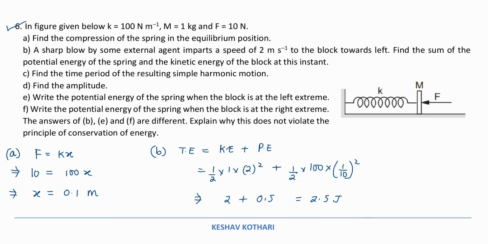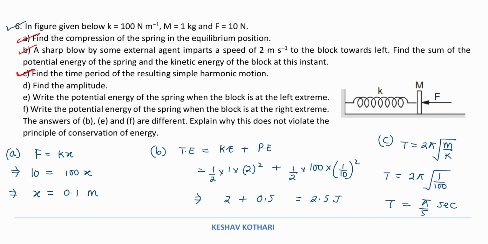Now the next one that is asked is, so we have solved A and B part. Find the time period of the resulting SHM. So if I write the formulation for the time period of the resulting SHM, the time period is given by 2 pi root over m by k. So over here if I substitute the values, that is 2 pi, mass of the block is equal to 1 kg, by 100. So 100 will come out of the square root, that is 10. So we get pi by 5 second. So pi by 5 second is the answer for the third part. So we have solved the three portions of this particular question.